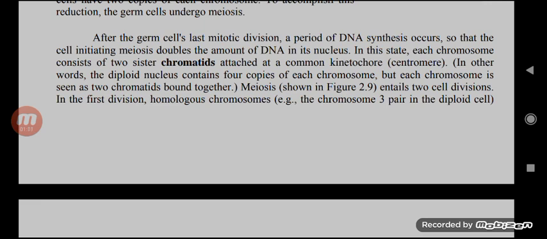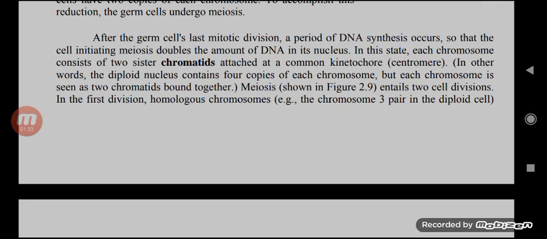In this state, each chromosome consists of two sister chromatids attached at a common kinetochore centromere. In other words, the diploid nucleus contains four copies of each chromosome, but each chromosome is seen as two chromatids